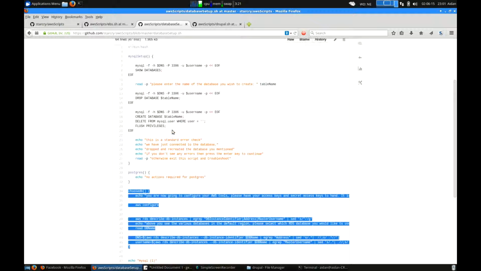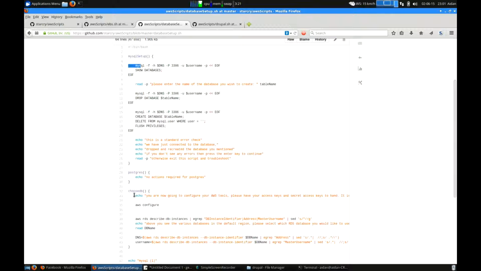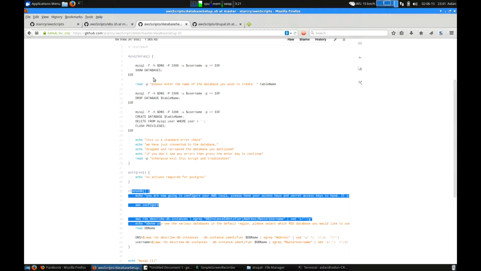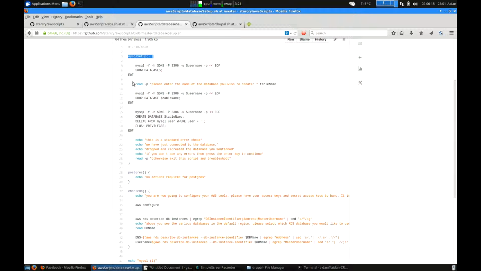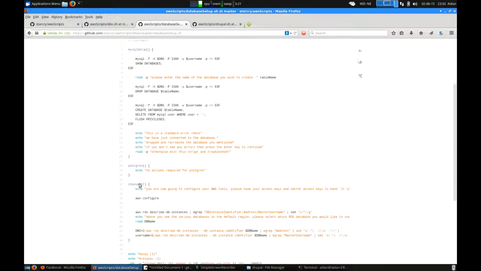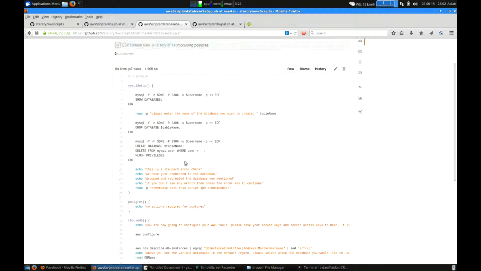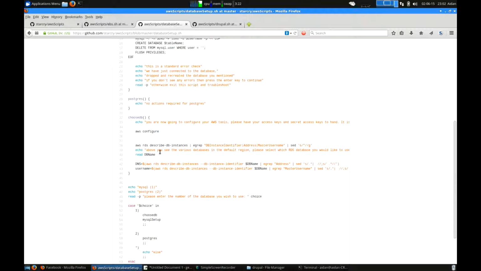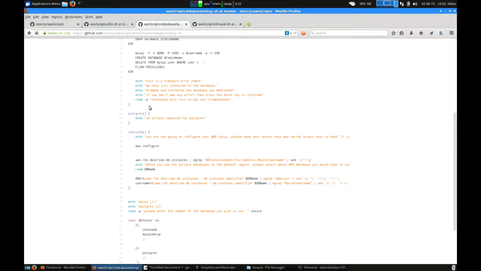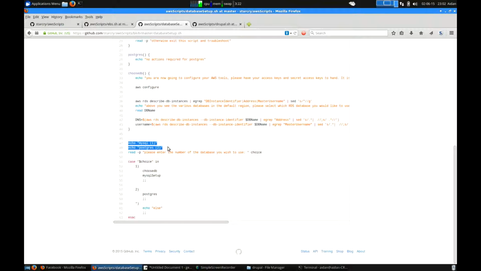Now, keep in mind, if you've been following along, you'll look at this and go, well, hang on a second. What's going on here? First we read and dropped, and now we're choosing the database. These are functions. You can see that over here. You've got the MySQL function, you've got the Postgres function, and you've got the choose database function. The choose database is what database do you want to use. It displays everything. You can actually see it there. It feeds in the database and the username and all the relevant information that actually gets called in this function over here. So it actually skips past all of this and it starts here, and it displays a menu saying